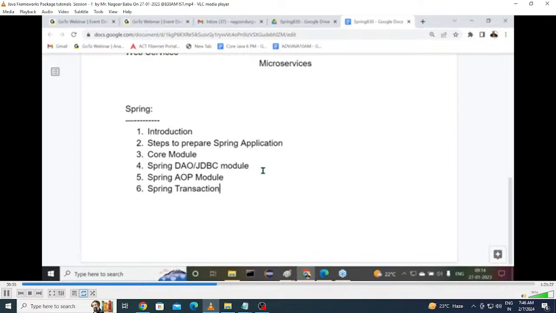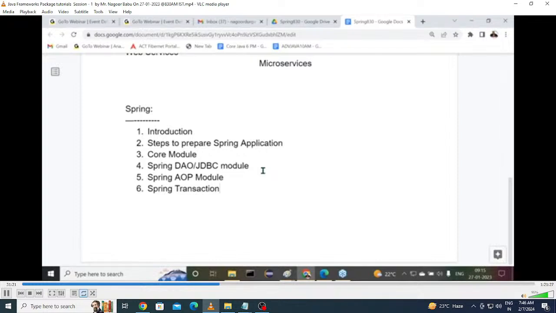Then after that, some attributes are available, some attribute behaviors are available. All these concepts we are going to implement in our enterprise applications. To provide support for transactions in our enterprise applications, we have to go for the Spring transaction module. That Spring transaction module provides complete support for transactions.